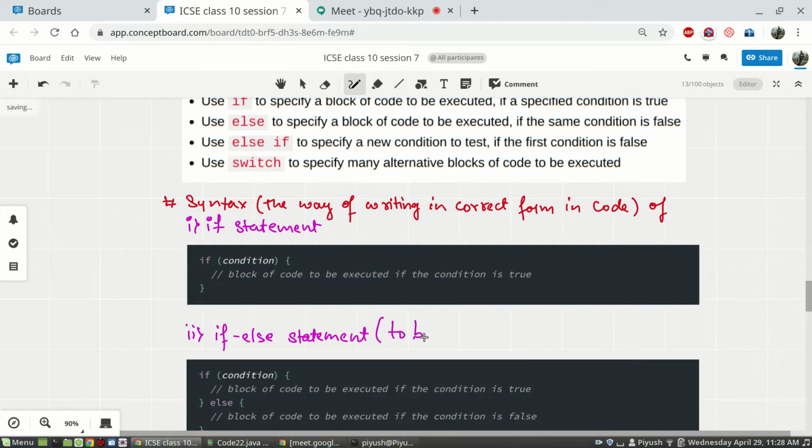to be used when there are only two possible outcomes for your problem or program.